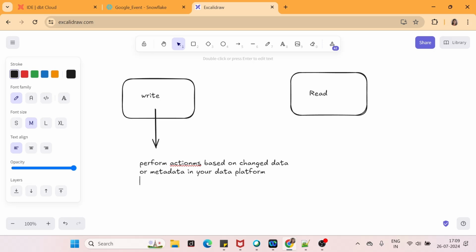Now another feature of the dbt write command is we can invoke only one command at a time. We cannot run these write commands in parallel, right?